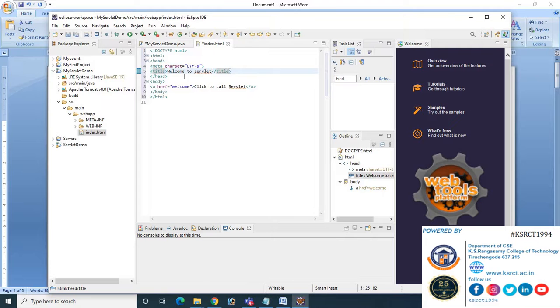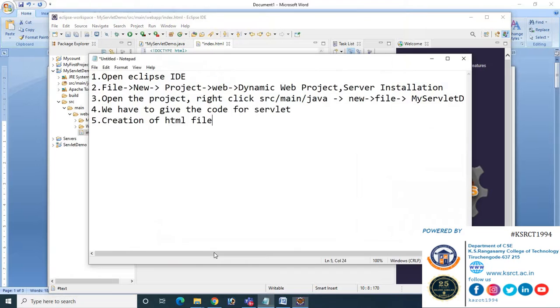Let us give the name like this also. Okay. So now we have to create the XML file. The sixth step is creation of XML file.